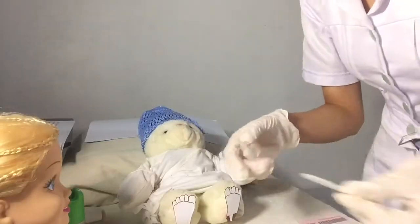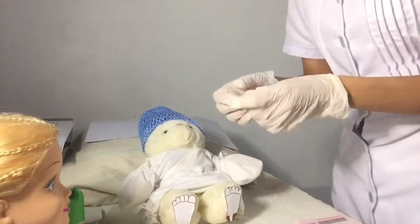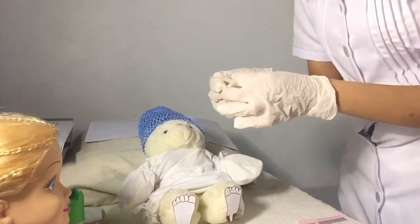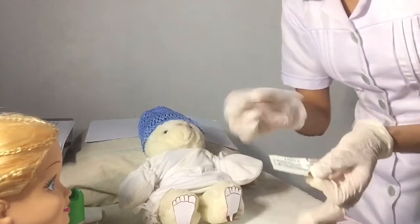Okay? So, I have here a lancet. I will use this to prick the heel of the baby. So, the base of the automated lancet is then placed flat against the heel, which is punctured using a quick controlled stroke. If this is not available, other clinics or hospitals use a syringe po, yung needle ng syringe,